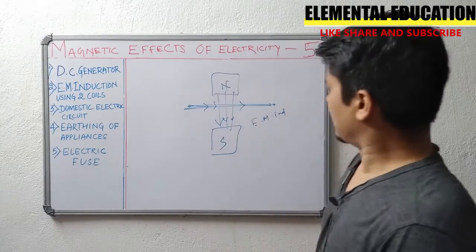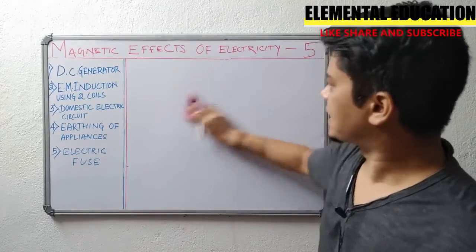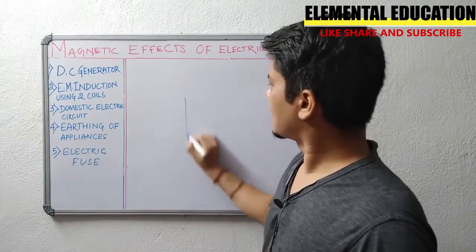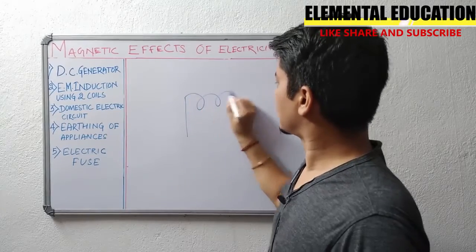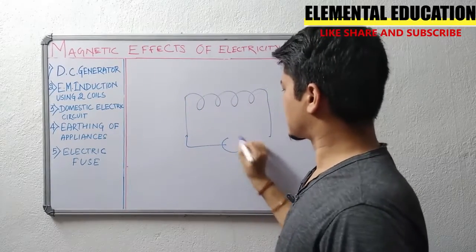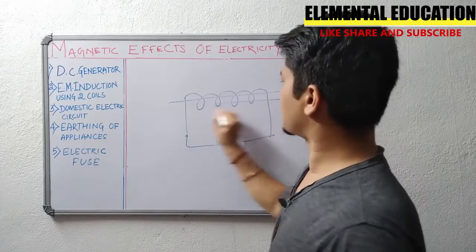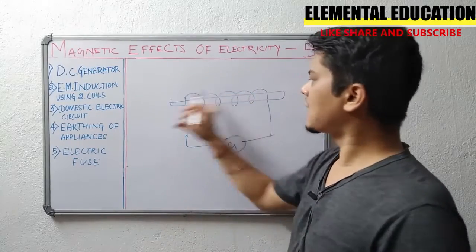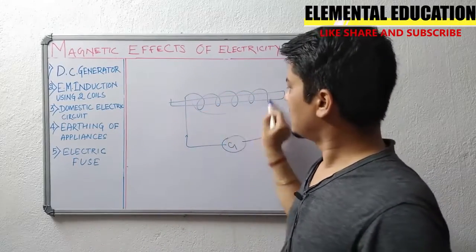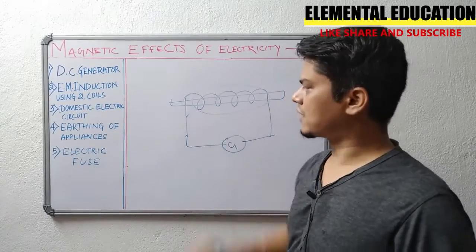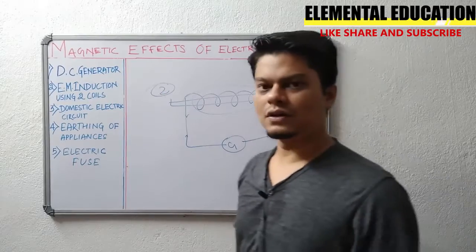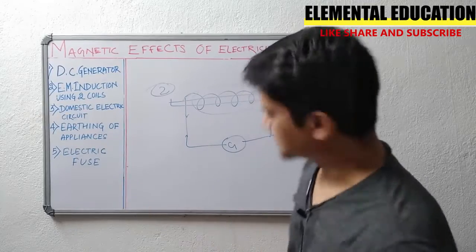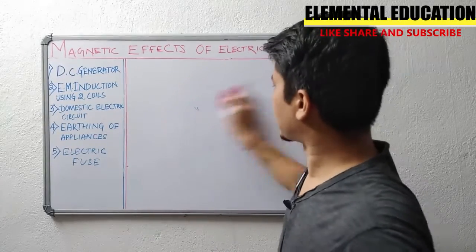Now let us see, we have already studied this one case. In another case, we studied electromagnetic induction using a solenoid and a bar magnet. This is a galvanometer, and there is a bar magnet. If I am moving the bar magnet, the wire was stationary but the magnetic field was varying. So this gives rise to an induced current in this coil. This is the second case. Now the third case is electromagnetic induction using two coils. That means instead of a magnet, I am using another coil.